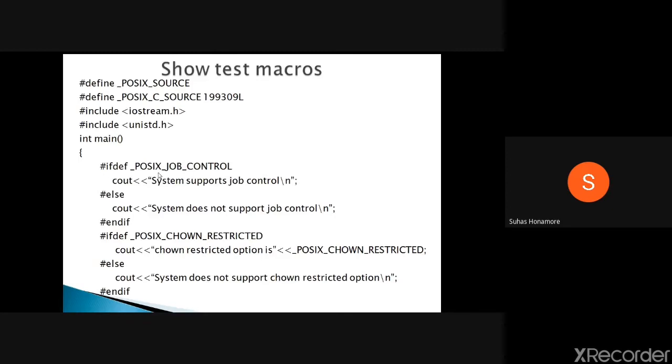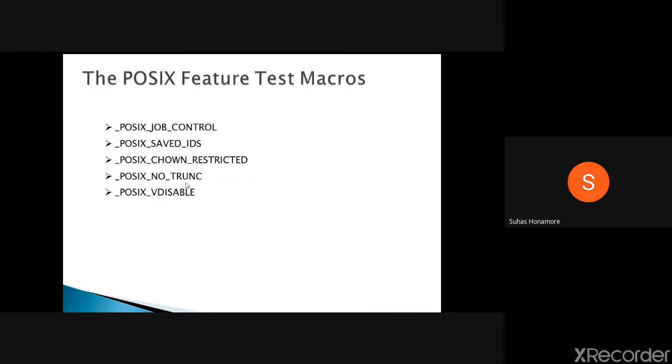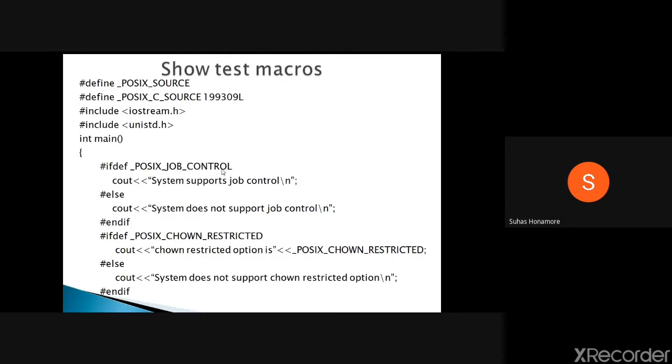Okay, so now one by one we'll check it. We are using #ifdef, so that macro we are going to check. Whatever these five are, those macros we are going to check. So for job control, if it is defined, we print that the system supports job control. Okay, if it is not defined, in the else part we say the system does not support job control. Like that we check for change ownership: is it defined or not? We are checking whether the system you are running is compliant with POSIX.1 and POSIX.2, and whether these macros are defined or not. That's why we are printing these things.